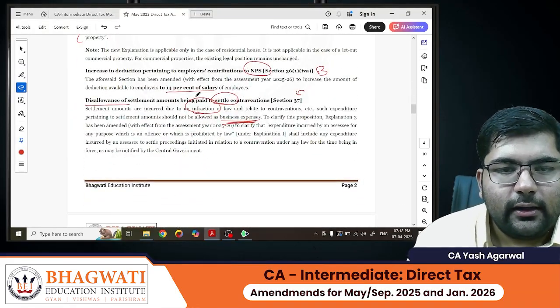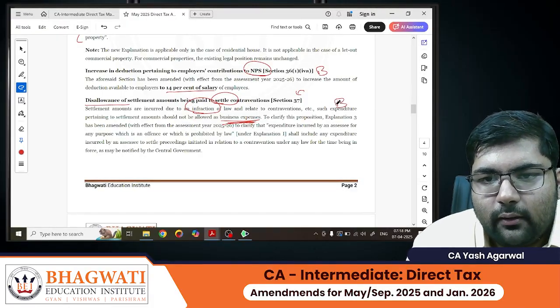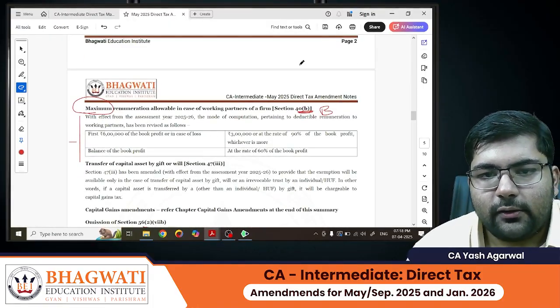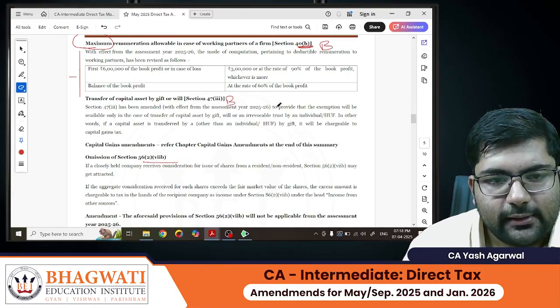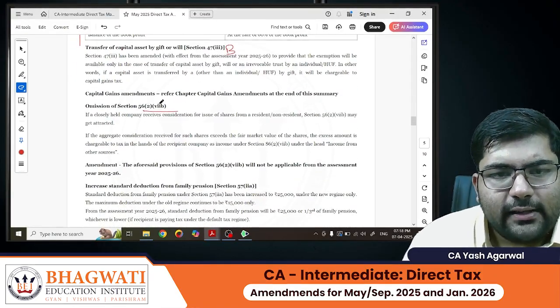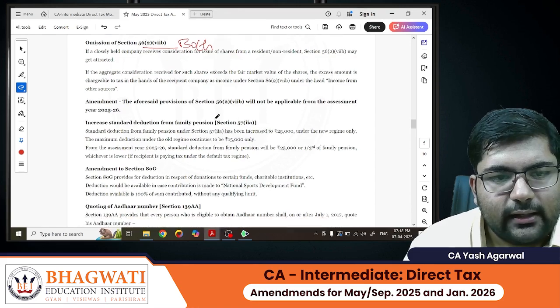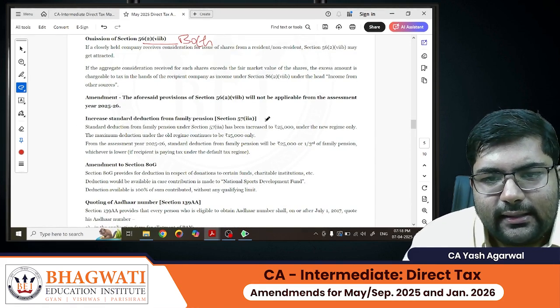Increase in deduction pertaining to NPS. Disallowance of amount for settlement provision. Of course, it's a disallowance, it's for both regimes. Maximum remuneration to partners of a firm, both regimes. Transfer of capital asset is for both regimes. Omission of section 56 to 7B is also for both the regimes. But the next one that we are studying, increasing the standard deduction from family pension, is only for the